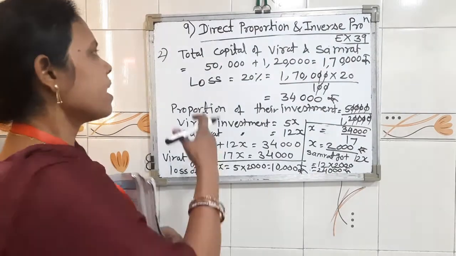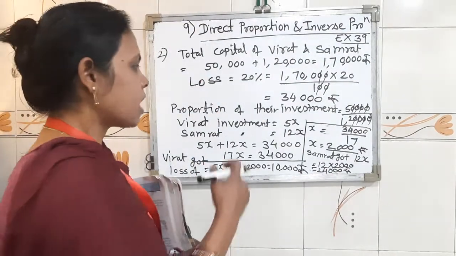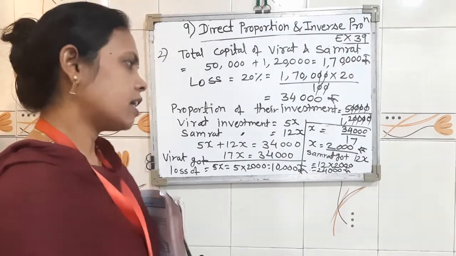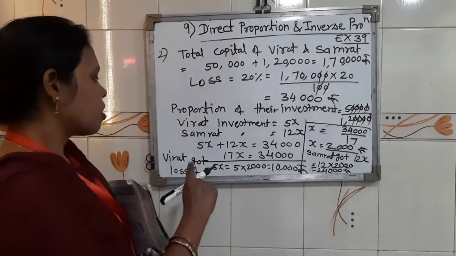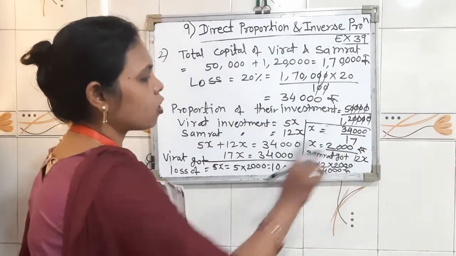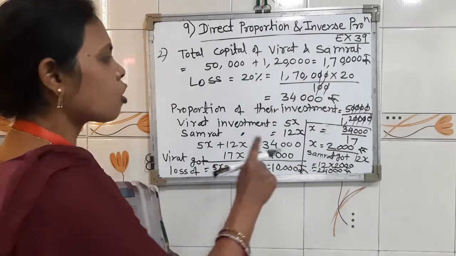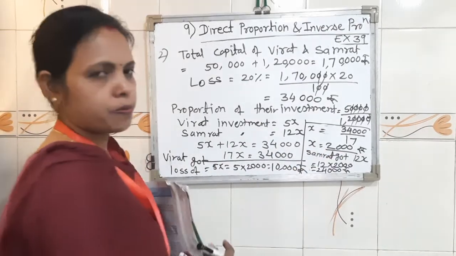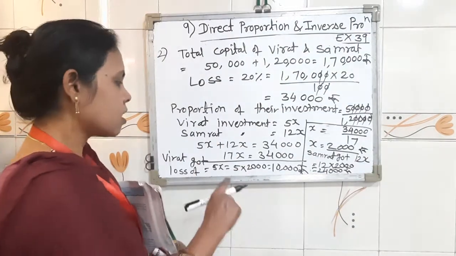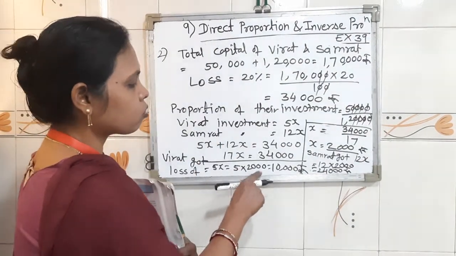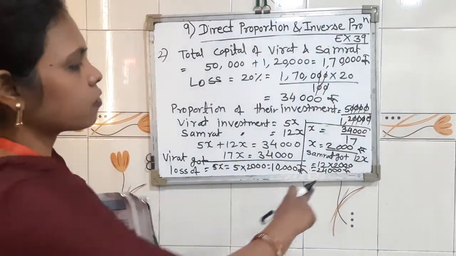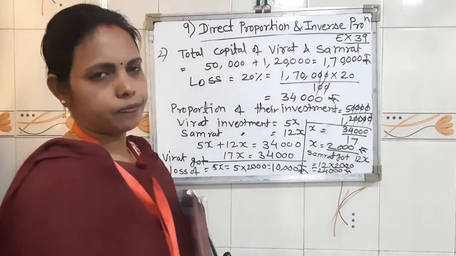occupied by question number 2 only. And where we have to move, after listening only we can come to know. That's why. So children, here how many rupees Virat got loss and how many rupees Samrat got loss. Then common loss they got 2,000 rupees. Therefore Virat got loss of, he has investment 5x. That's why 5 into 2,000, 10,000 rupees loss Virat got and 24,000 loss Samrat got.